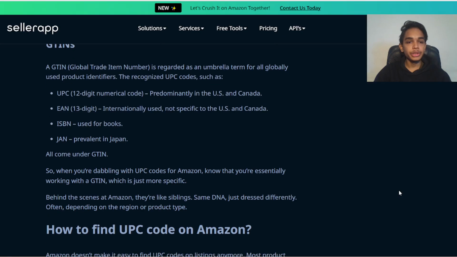All come under GTIN. So when you are dealing with a UPC code for Amazon, know that you are essentially working with a GTIN, which is just more specific. Behind the scenes at Amazon, they're like siblings, same DNA, just dressed differently, often depending on the region or product type.